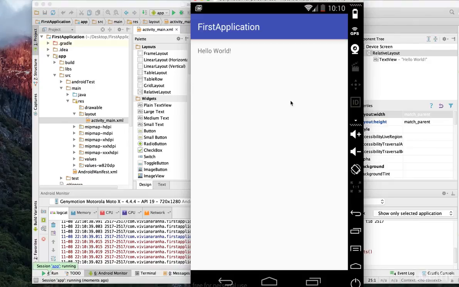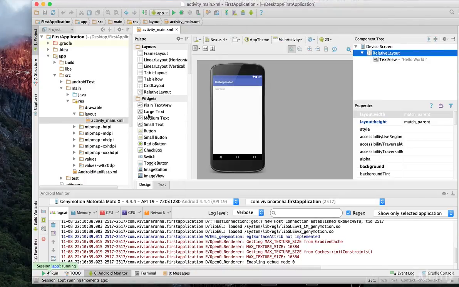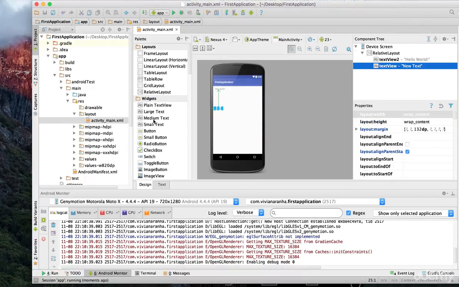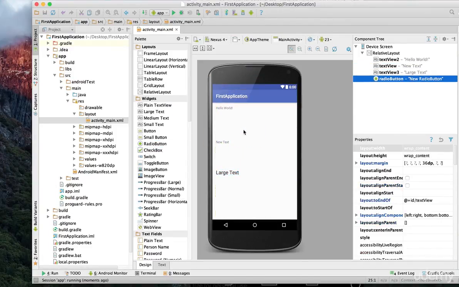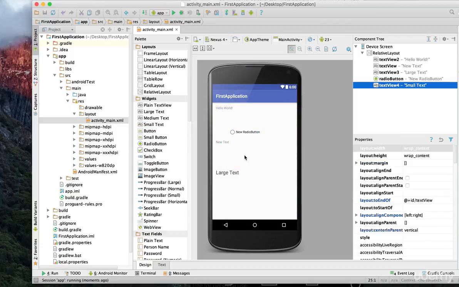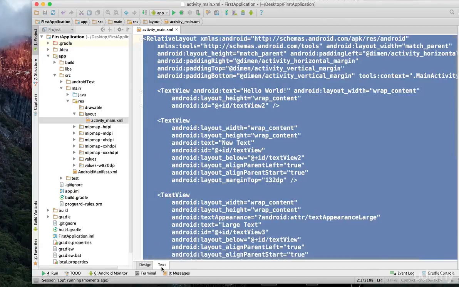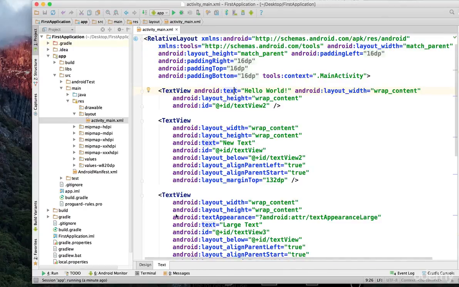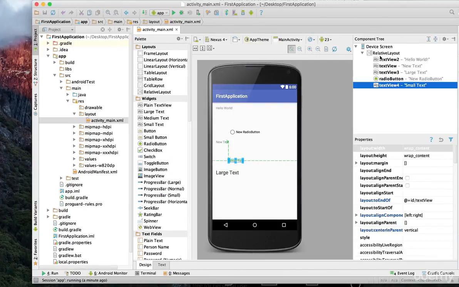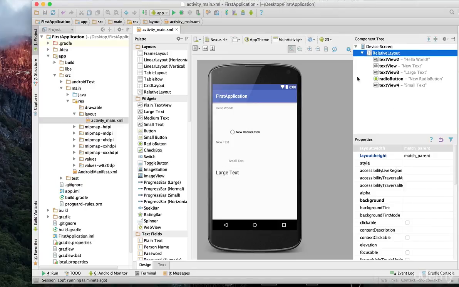So this is how you create a simple application with nothing inside it, and it will add all these details. If you want to add some more stuff to it, from the left side inside the XML, you can keep drag and dropping it inside your layout file, and you can see all these options here. It's using a relative layout as the parent. If you click on the text here, you'll see a relative layout on the top, and you can also look at the component tree on the right side, which shows a relative layout and all the